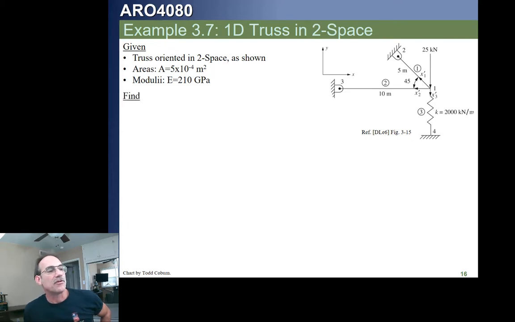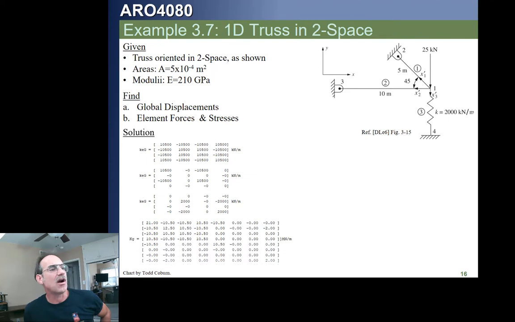Okay, so we're going to first start by getting our local stiffness matrices. There's our, and we're going to transform those into global stiffnesses. So we've got stiffness matrix for 1 and 2 and 3. 3 is a spring, the other 2 are trusses. We then multiply by the transformation to get the global element stiffness matrix, and then we construct, numbering our nodes. We then calculate our